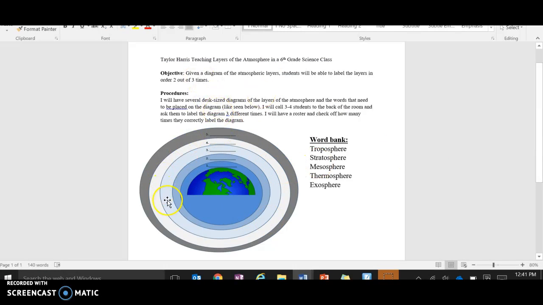So what I did is this diagram right here. I tried to create this on a sheet of butcher paper, and originally I said right here that I would have 3 to 4 students at once, but for time's sake I actually ended up doing one for each of the tables, or for each of the groups, so there were 5 different ones. And we did a self-check, where students were assessing other members in their group, because I realized if I was having to check every single kid, and because I wanted them to do it 2 out of 3 times,